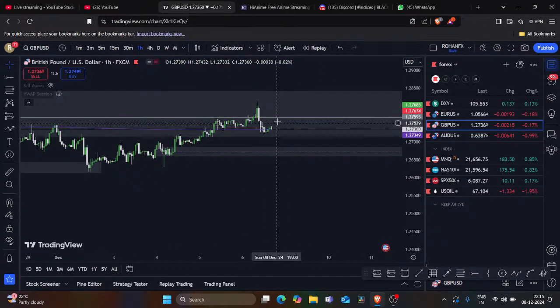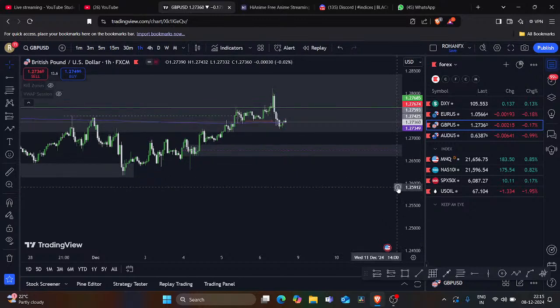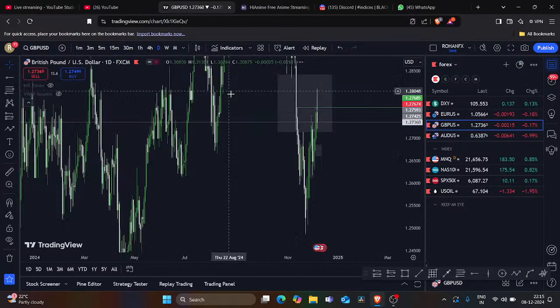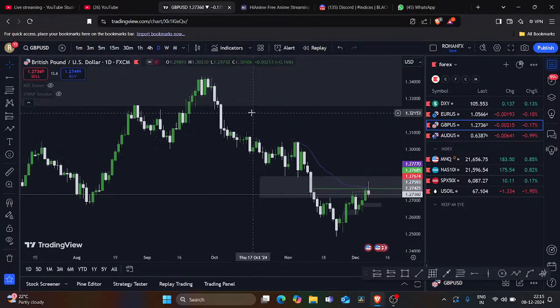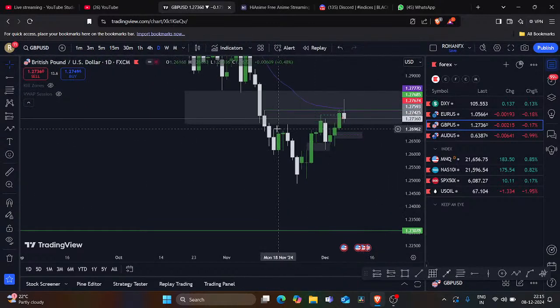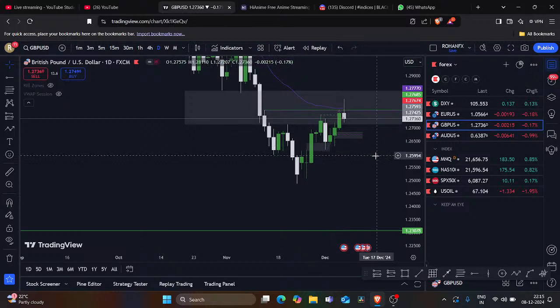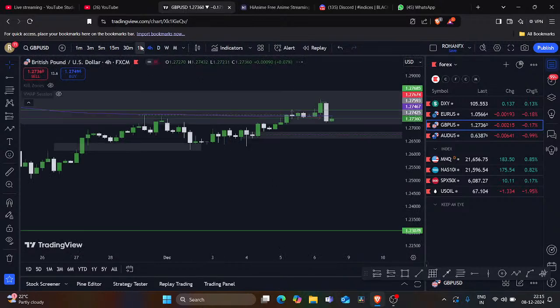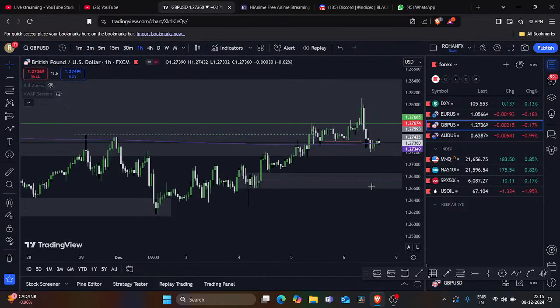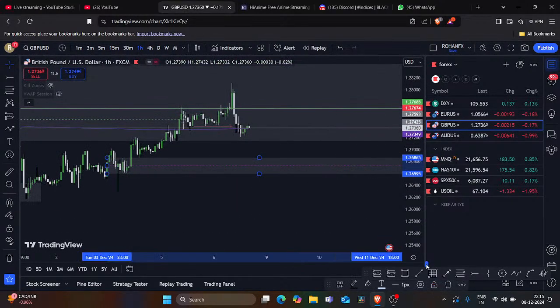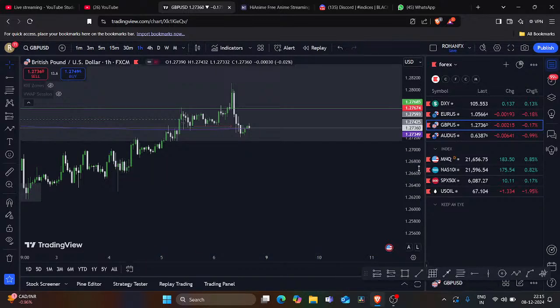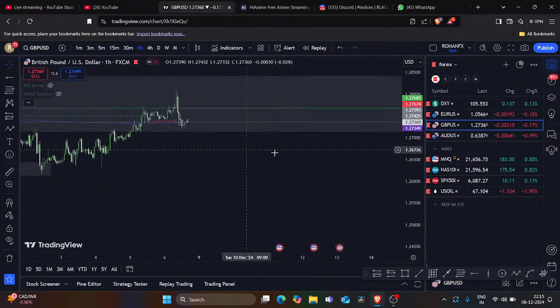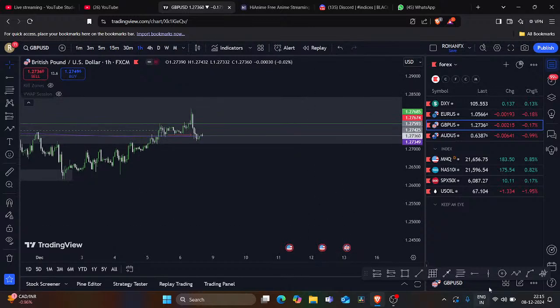I'm still not convinced about going short in GU, because can you see the move here? After this there's a break of structure, and this fair value gap it respected from, and it went from internal range liquidity to external range, targeting this high. So what we can expect in GU is, instead of going directly short here, we can wait for other confirmation, which can happen during the New York session or London session.